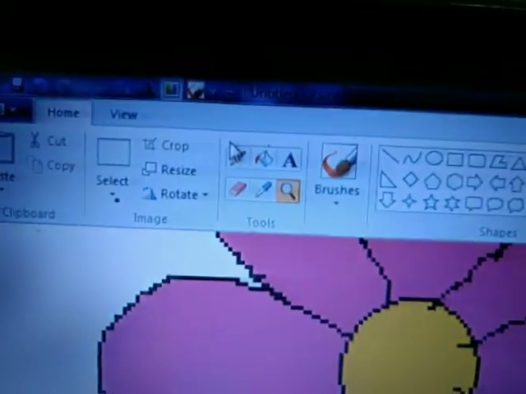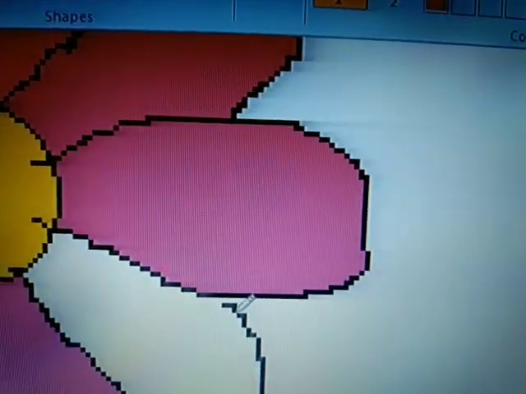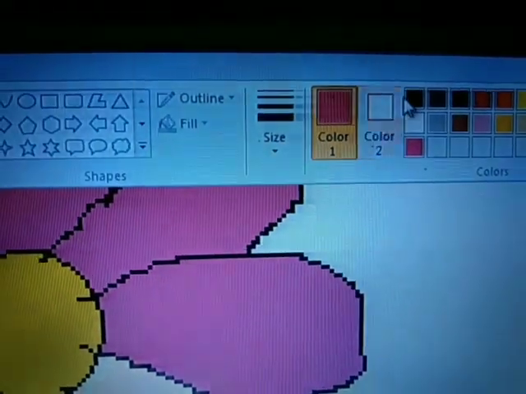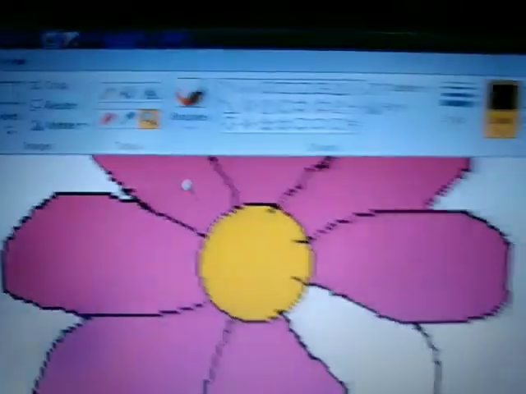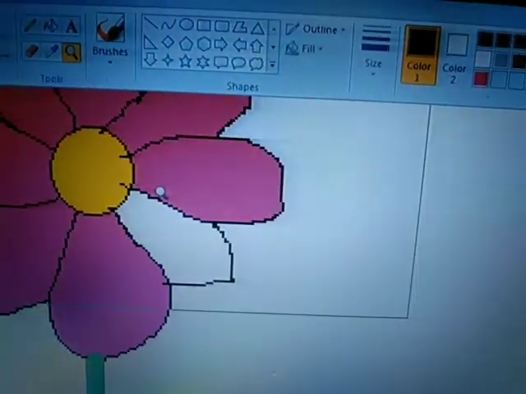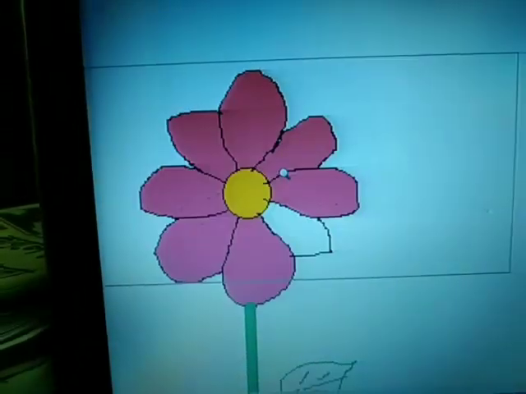So what we'll do is we will go to the pencil tool. Select the color black because in all the petals black outline is there. So here also black outline should be there. And then I will join this part. Okay, this part is joined. Now I will have to again make the size small. Again selected the zoom tool and right click will again bring it to the previous size.